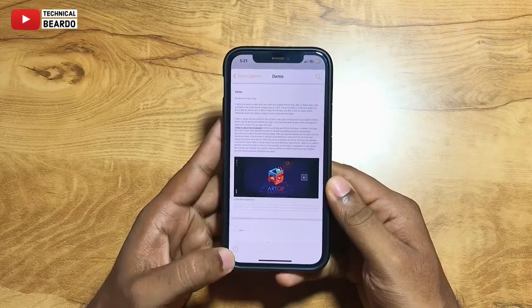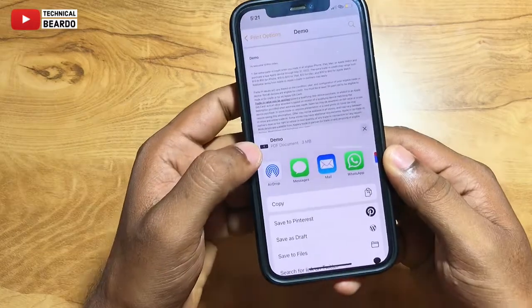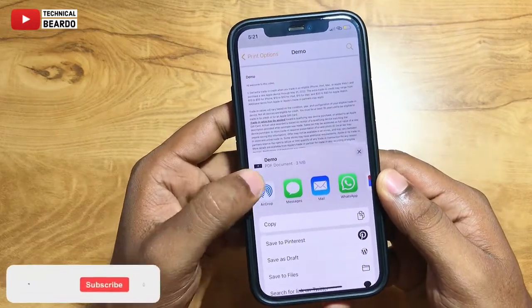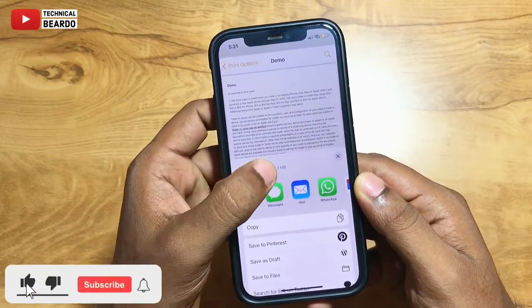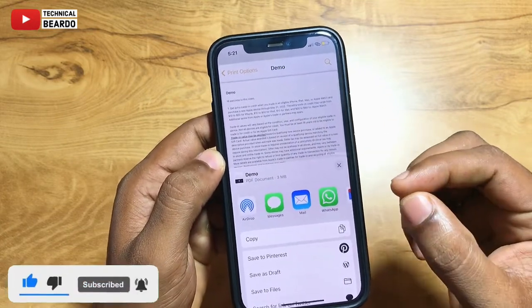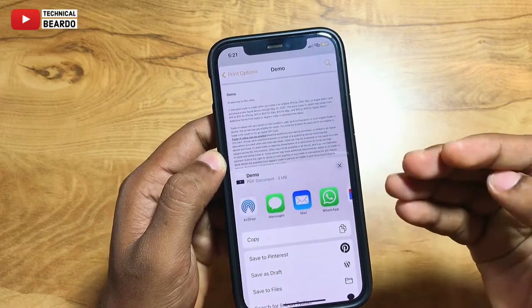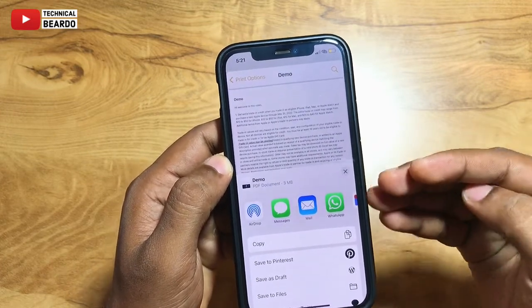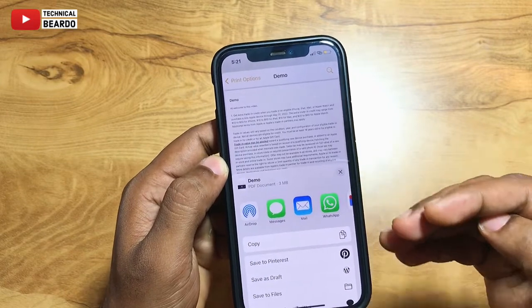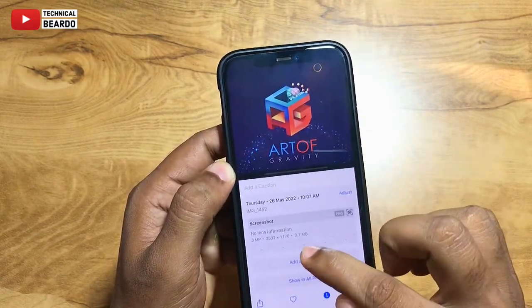So now do one thing, at a share icon, just tap there. If you see there is a share icon, just tap on that, and here if you see the sharing document is in PDF format. If you see, right, it's showing the PDF document, right? So there are multiple options you can share, like WhatsApp, Gmail, email, everything you can share the notes in the PDF format. Here one more thing you must have noticed, that is your PDF file or PDF document size, that is 3 MB here.